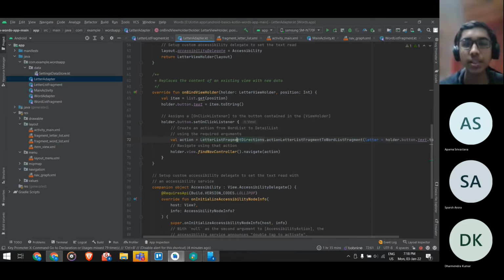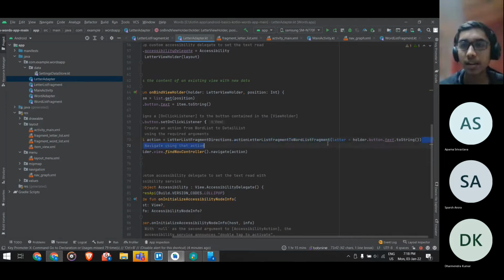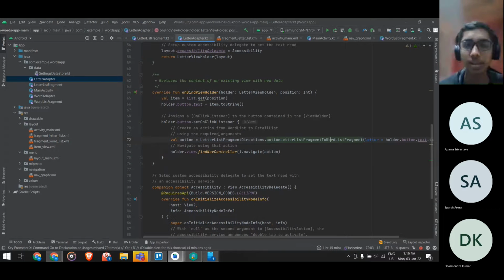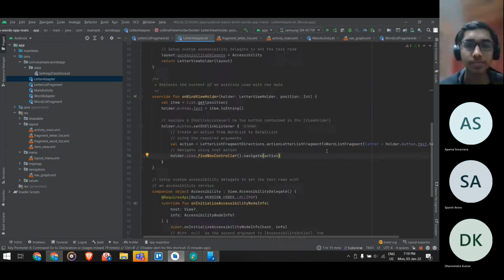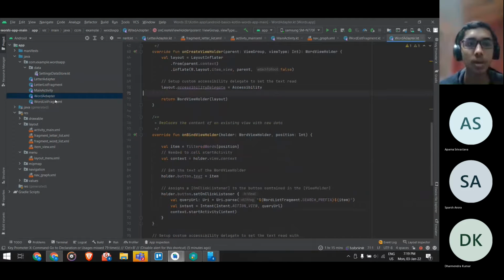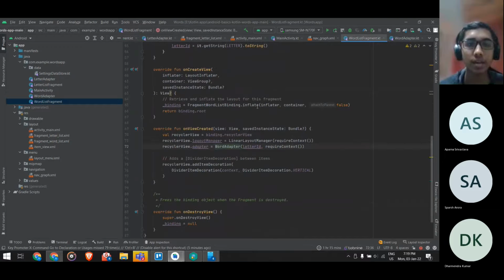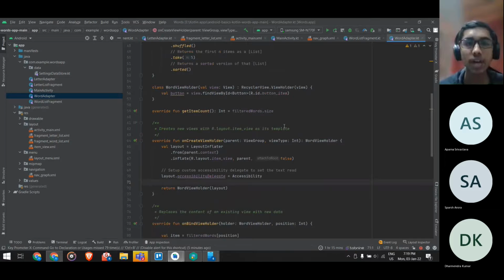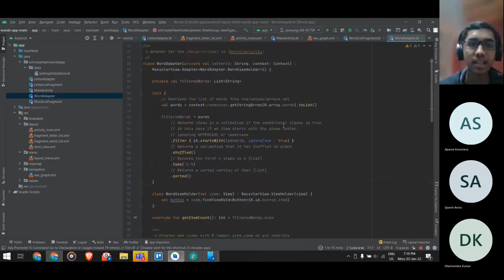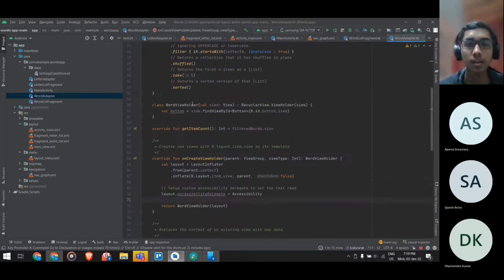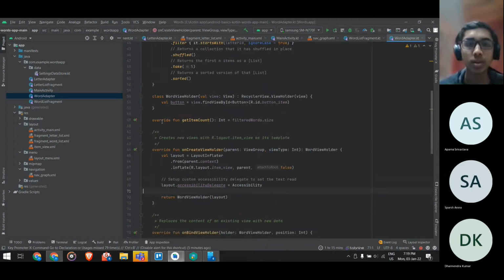All right. So you say that the directions that are there for this class, I want to perform this action, and this here, the letter that we currently selected, that is the argument that we are passing. All right. And then we find the nav controller and we tell it to perform this action for me, change the fragment, and we will move to that. So when that happens, we will come to our word list fragment, where again we just set up our recycler view, and then in the word list fragment we again have our recycler view with all the specified methods, view holder, and all those things.